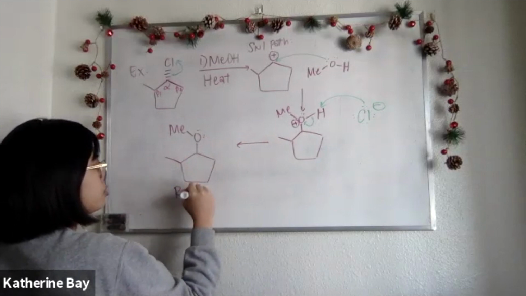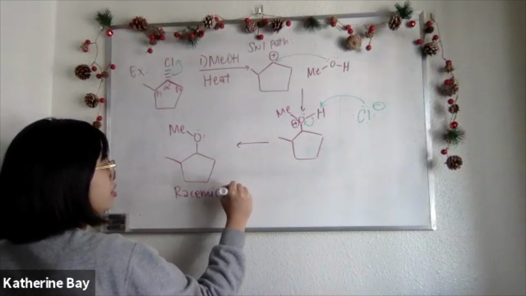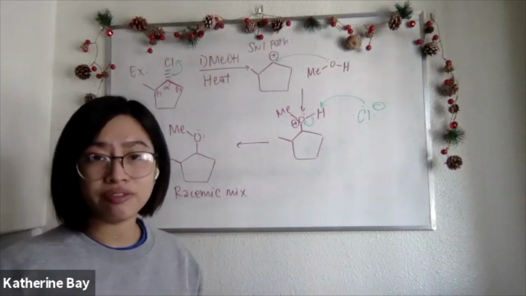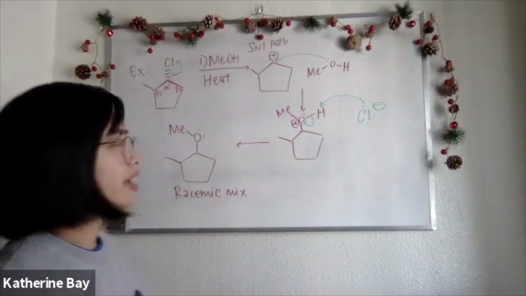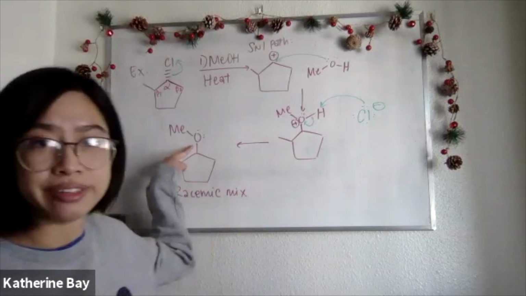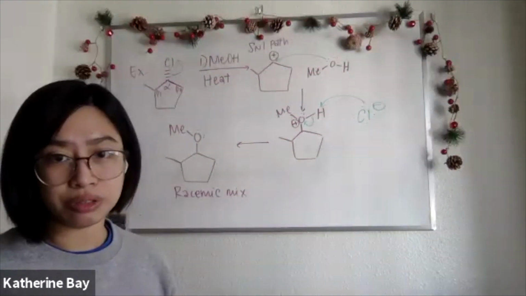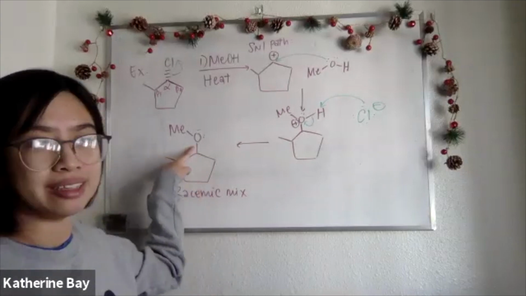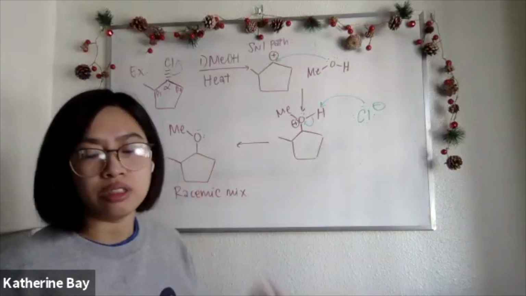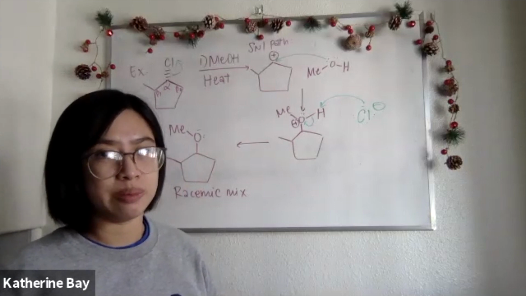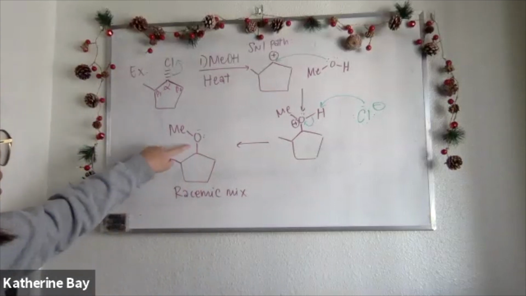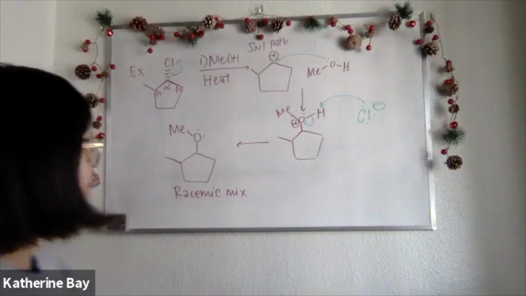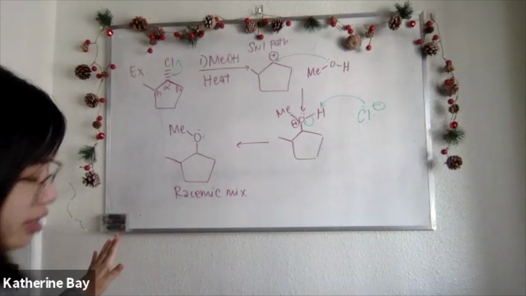racemic mixture of products. And remember, the definition of a racemic mixture is you have 50% of R and 50% of S. We could have specified stereochemistry at this point, but if you do decide to do that, you have to draw both the wedged bond as well as the dash bond to ensure that you're showing the racemic mixture of products. But just drawing it on an in-plane bond and labeling it as a racemic mixture is totally fine. So this is one of the products of